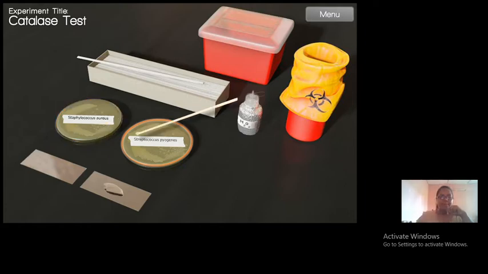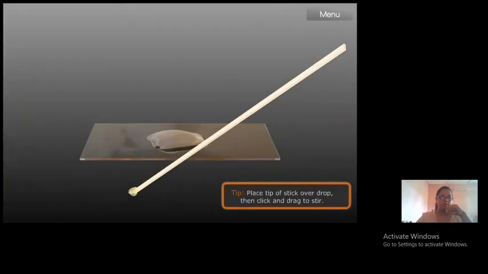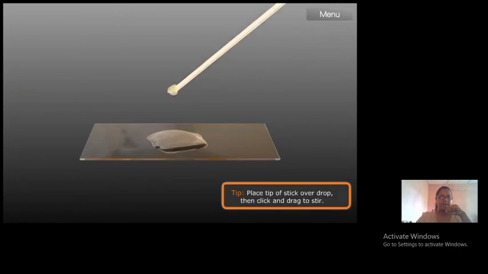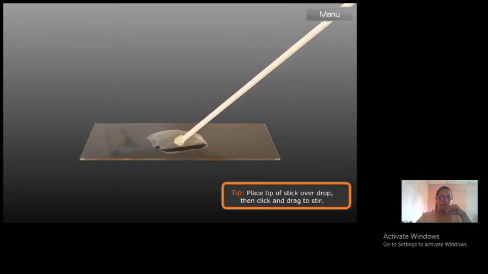Now it's very important that you pick up an isolated colony, because if you take from confluent or mixed growth, you can pick up some other organisms also. So here I have the slide. I have the catalase reagent, which is H2O2, on the slide, and I have a wooden stick on which I have the culture. Now I'm going to touch it with the reagent, and I'm going to slowly rub it.